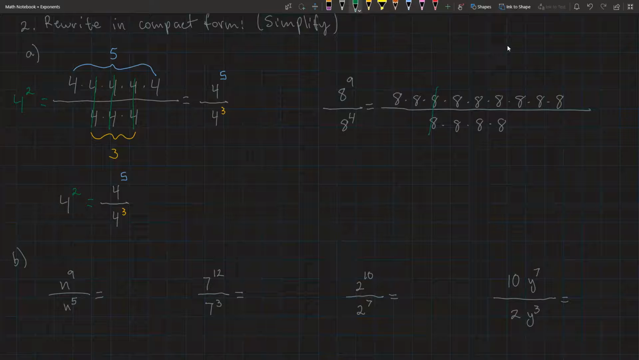I see the first one right there. That's a 1. 8 divided by 8 is 1. 8 divided by 8 is 1. And 8 divided by 8 is 1. That's it. So therefore, this becomes